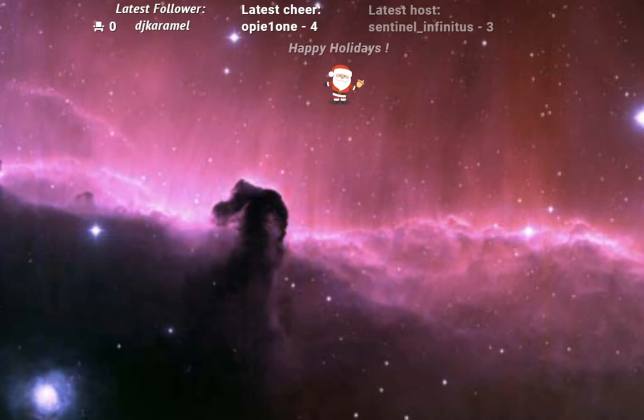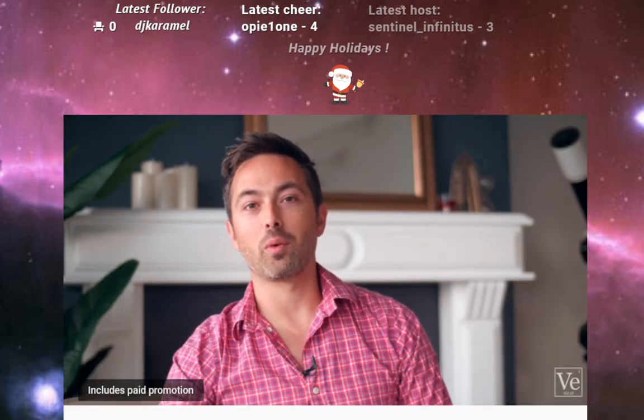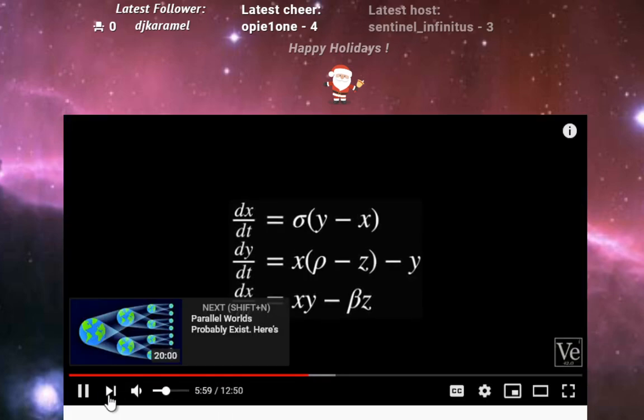rounded to 3 decimal places, whereas the computer calculated with 6. So when he entered those initial conditions, the difference of less than 1 part in 1,000 created totally different weather just a short time into the future. Now Lorenz tried simplifying his equations and then simplifying them some more, down to just 3 equations and 3 variables,